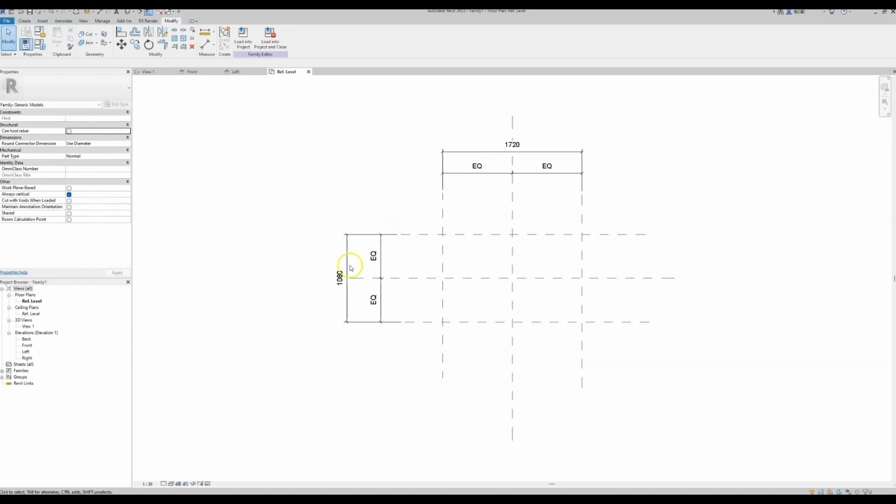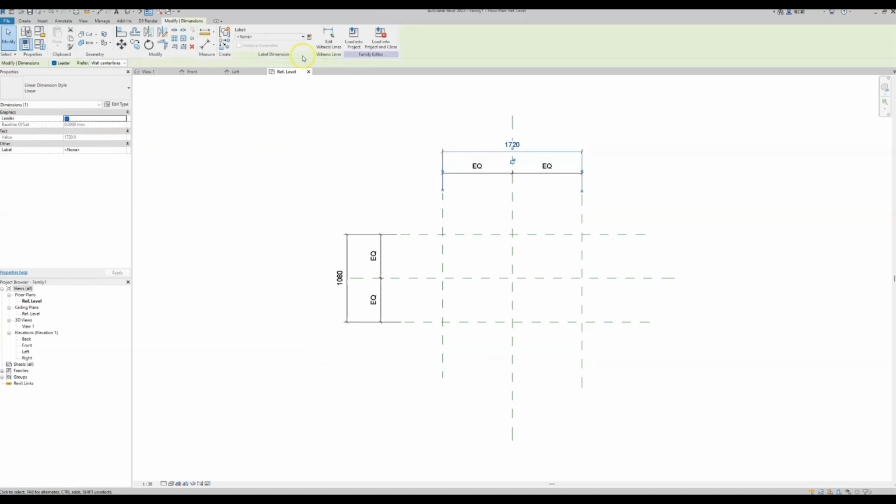Currently the 2 dimensions we've added are static dimensions, and what we want to do is turn them into actual parameters, one for the length and one for the width. There's 2 methods of doing that. One is by simply selecting the actual dimension, and where it says label dimension, since we haven't got any parameters assigned yet, we need to create one. Just click on the create parameter button,